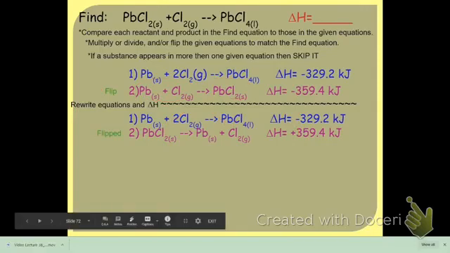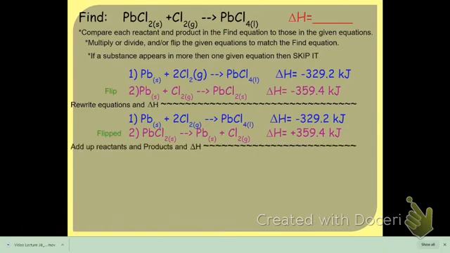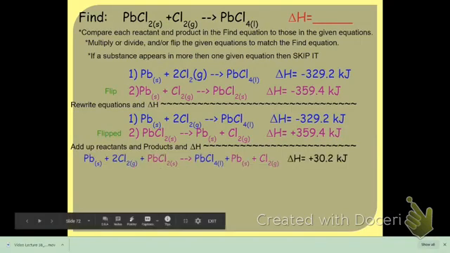So here's your equation. And then we add up all the products and reactants on one side. Now there are 2 ways you can do this. You can eliminate what needs to be eliminated, or you can write them all down and eliminate them that way. But once you have these locked, if we write them all down, that means that we take everything